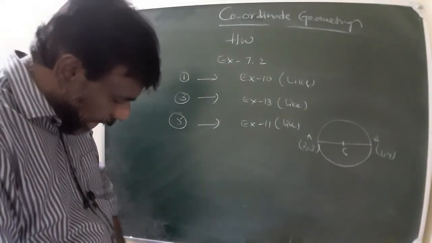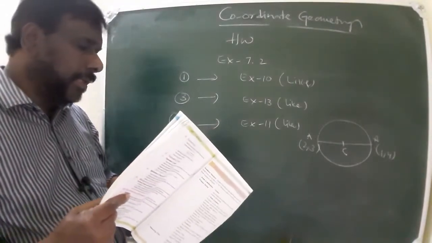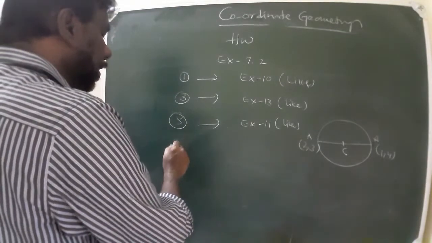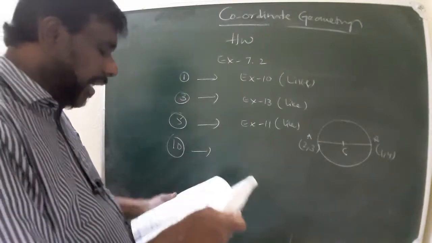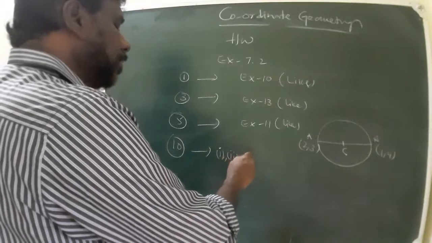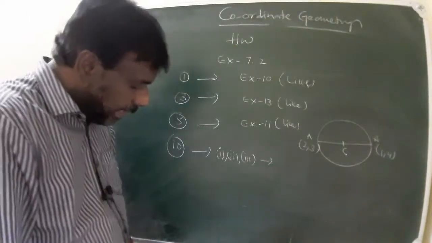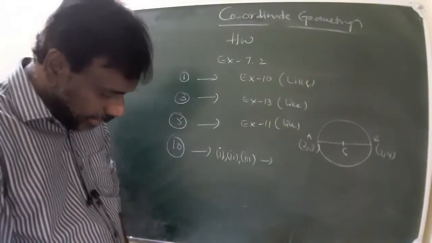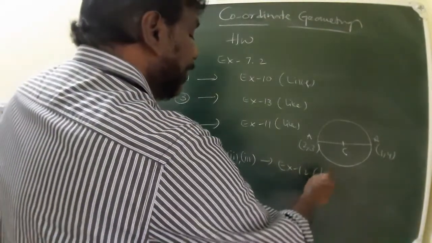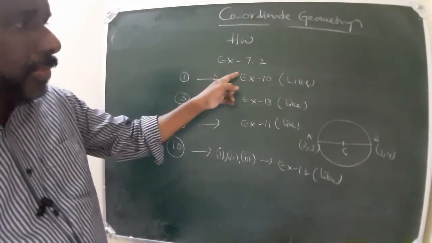Okay, students. And next, you will see the 10th. In the 10th, we have 3 sums: Roman 1, Roman 2, Roman 3. These are all you have to do. Centroid formula, we already did. One example, it is like example 12. So these are all models. These sums you have to do like these models.